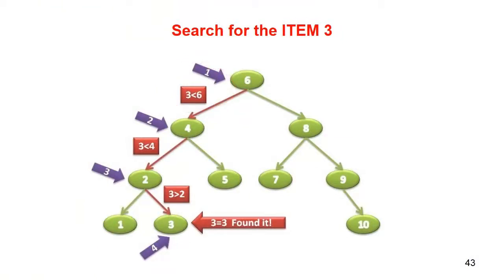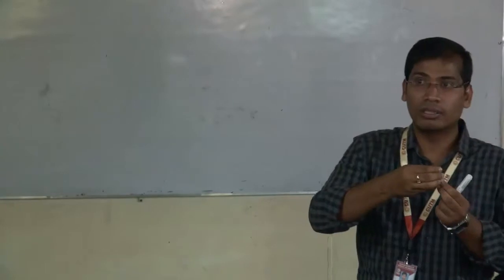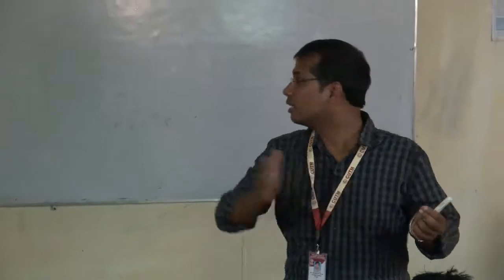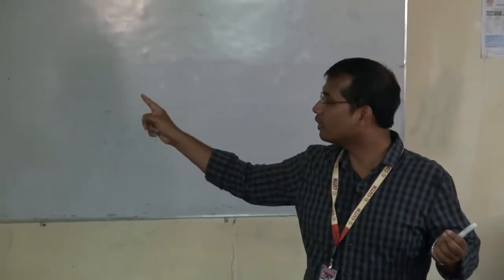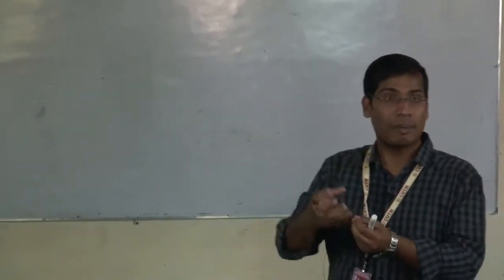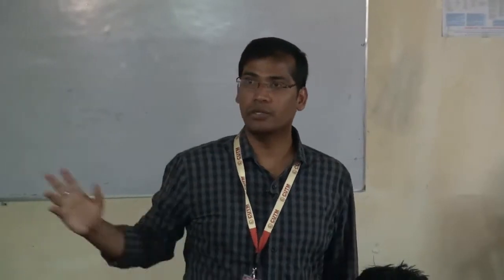That means what is our notion? Our notion is that the item may exist in the left subtree. So come to left. What is left? 4. Compare 3 with 4. Again 3 is less. That means it is present at the left side. So now come to 2. Compare 3 with 2. Greater means right side, come to right. Compare. Yes, here the item is equal to the node value. So this is a successful search and you can mark its position.